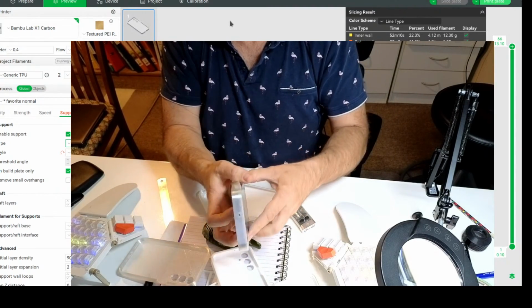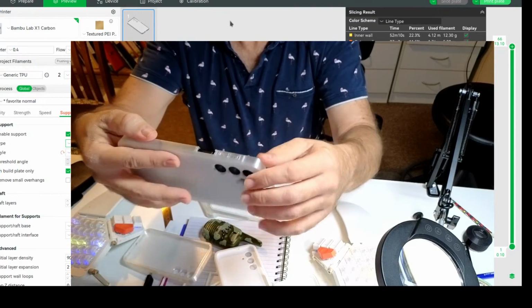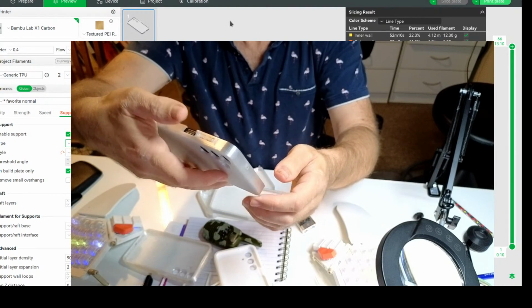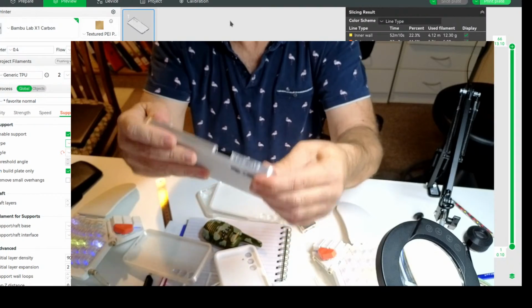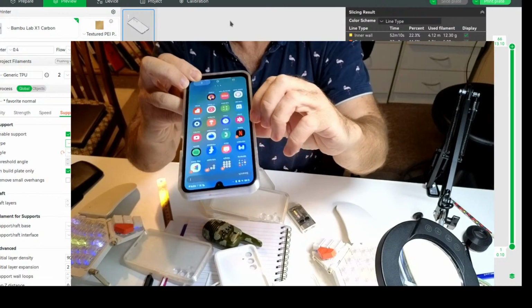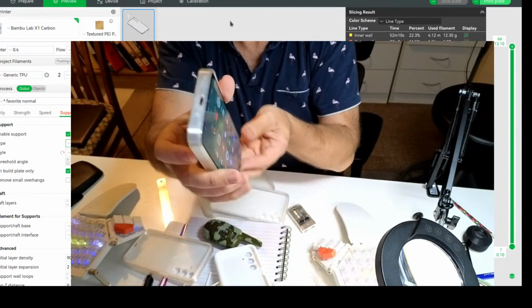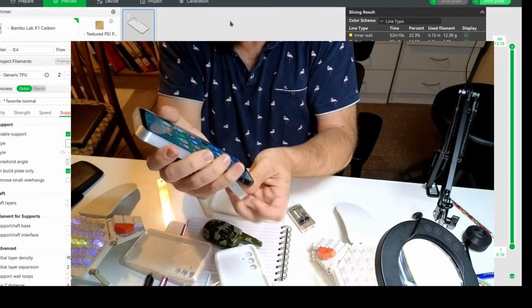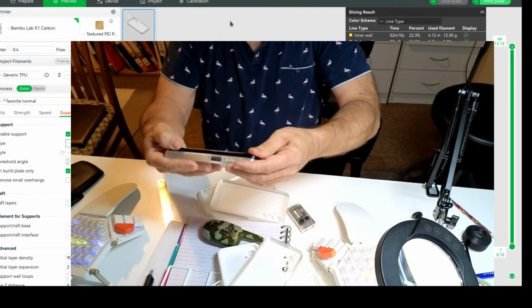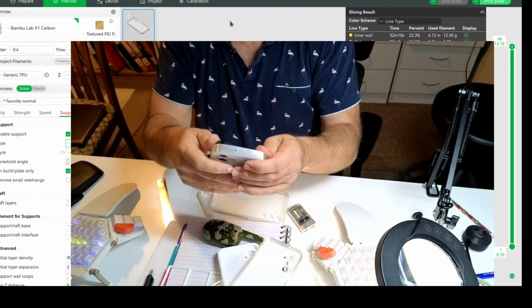Then I got this one, and this one was much better. Oh no, that was not. That was the latest one. This one was first, and this one I had to manually cut that off because my big fat thumb couldn't get the power button, and also there's not much overhang, so it didn't protect the screen very well. And this also had the USB too high. And then I did this one, and it was much better. Wait, there's so many. I need to know which version is which. This one was much better, but the only trouble was